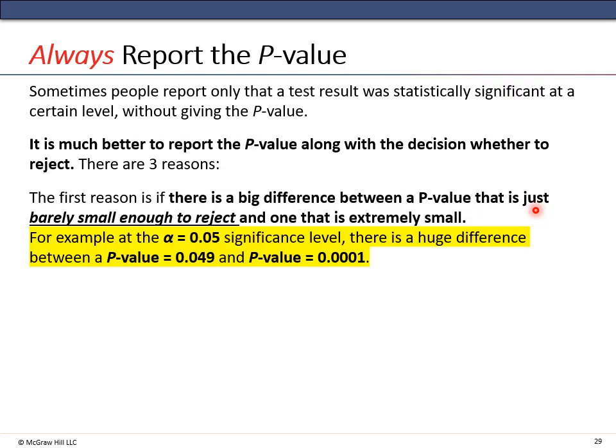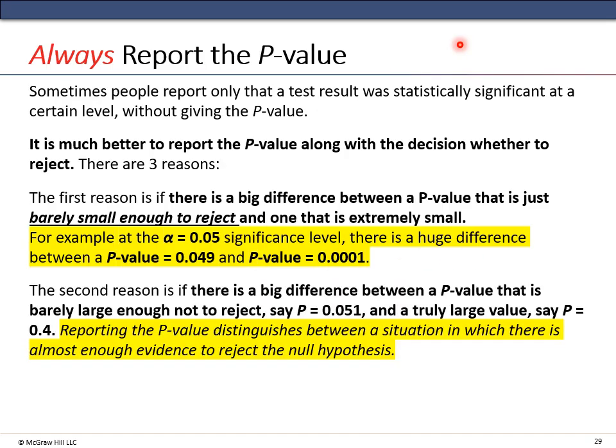For example, at the alpha equals 0.05 significance level, there's a huge difference between a p-value of 0.049 and a p-value of 0.001. So while you would reject both of these, notice that the p-value here is really close to the significance level, and the p-value here is really small. So you have a stronger case with that lower value. The second